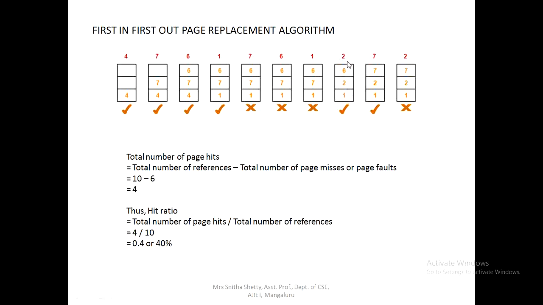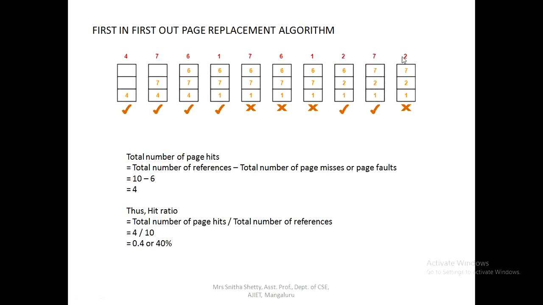So this is also a page fault, because 2 was not there initially. Now the 2 came. Okay, so next 7. Is 7 there in the frame 1 to 6? 7 is not there. Now out of 1 to 6, which entered first? 6. Now replace the 6 by 7, so it is 1 to 7. So again this is a page miss.